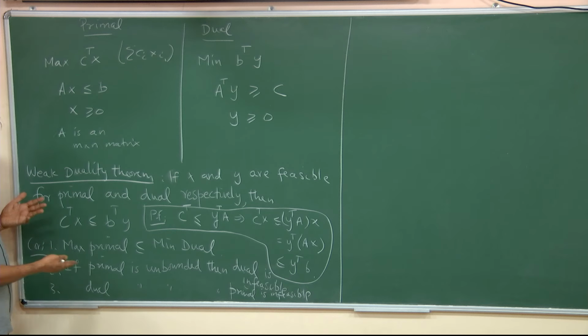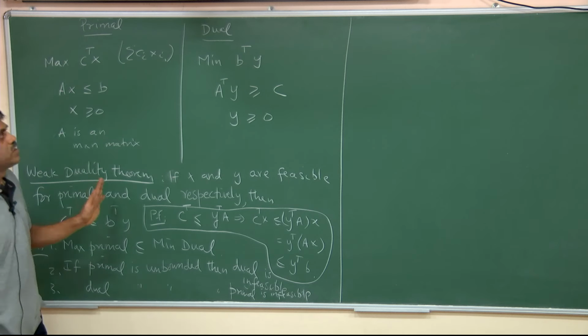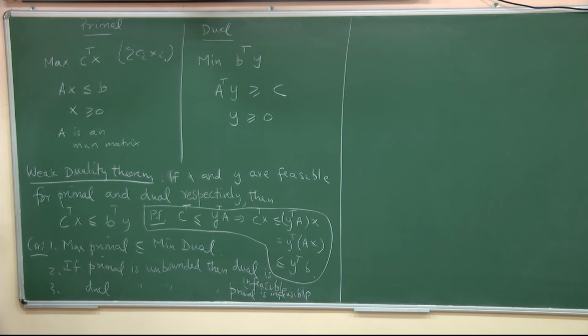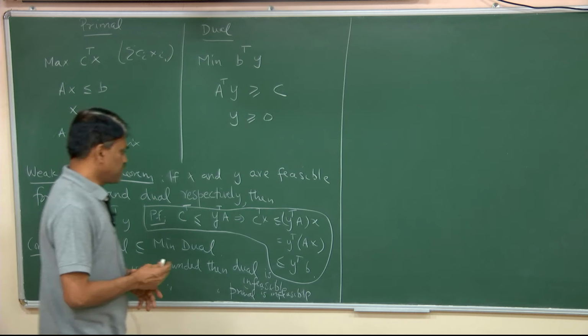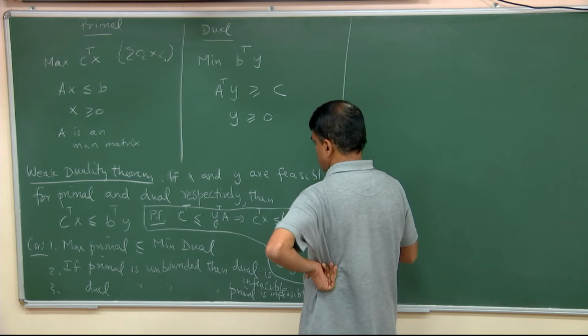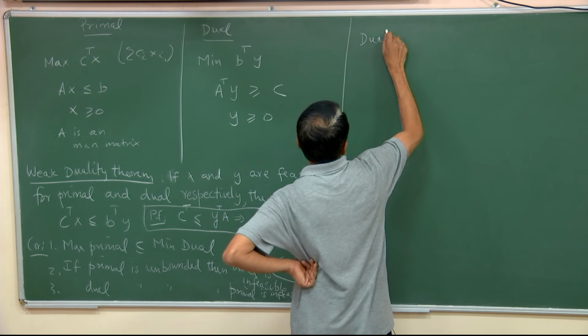And similarly, if the dual is unbounded, primal has to be infeasible, because any primal feasible solution is a lower bound for the dual. Dual is a minimization problem. Unbounded dual means that the objective value is minus infinity. Okay, so these are some interesting properties of the dual, and it also turns out, which this is something we will not prove, it requires some geometric view of the whole thing, is that the strong duality theorem